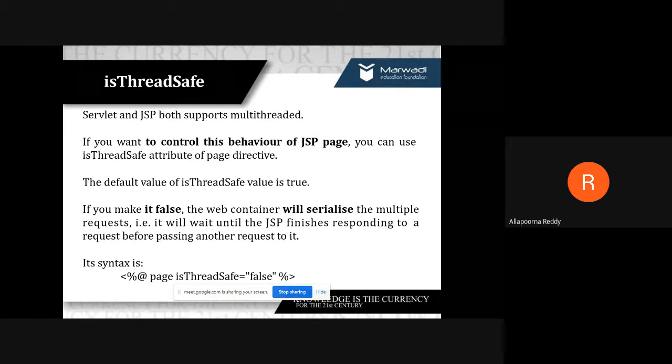But if you keep the default value, what do I mean by default value? isThreadSafe is equivalent to true. At that time, what happens? Simultaneously, we can do our tasks. There is no condition that request number one must be completed before I move to number two. Not like that. It can handle them parallelly. Here it is serialized, here it is parallel. Parallelly, it can handle any number of requests. When you don't make any setting, automatically it will be the default. So if you want to make changes, you can do it with this attribute. That is your isThreadSafe, your next attribute.